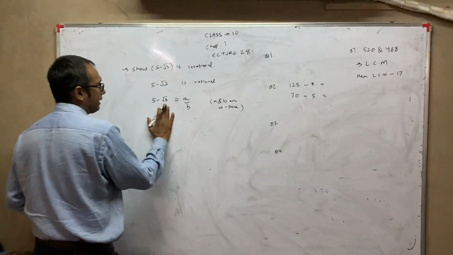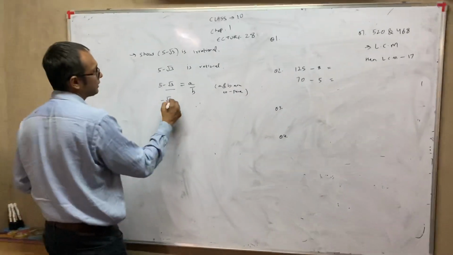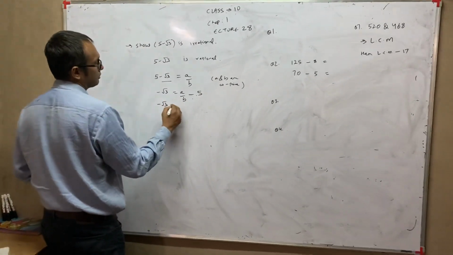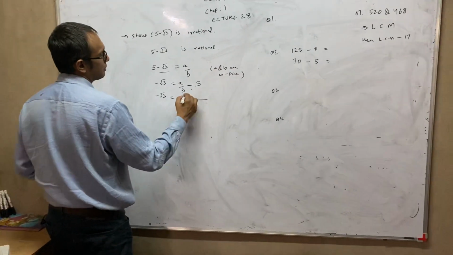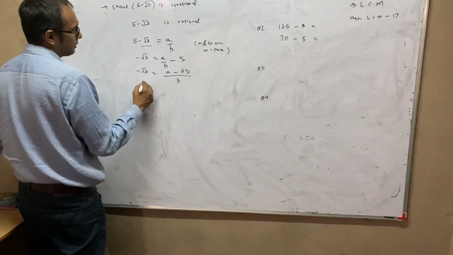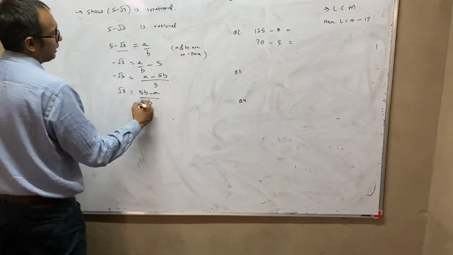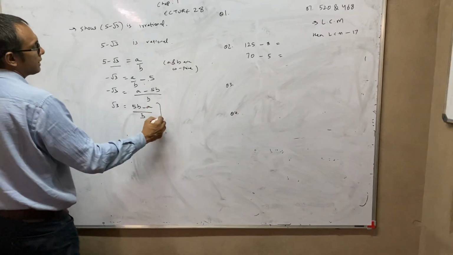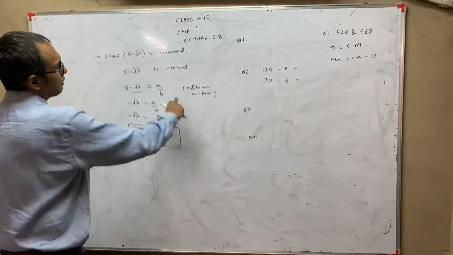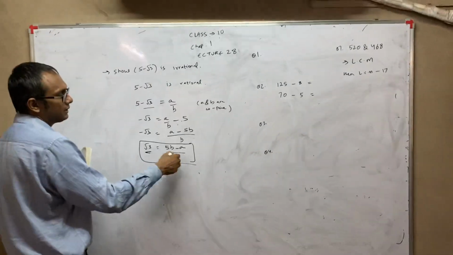Now next step, don't see from the textbook because you will get confused. Just have the root term remaining here, and everything else you just shift on that side. Taking the LCM, and this minus sign also if I shift there, then okay. In the textbook he is writing this step directly, so some children get confused how we get this. So we just have to solve it normally. Keep the root term on one side and the other terms on the other side.